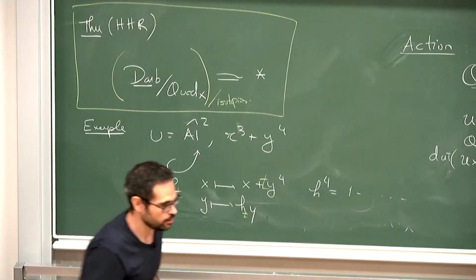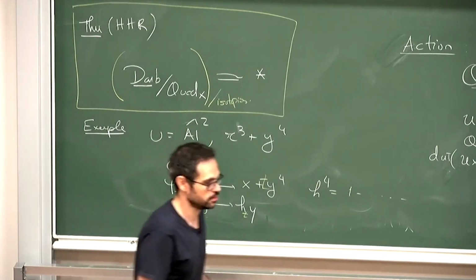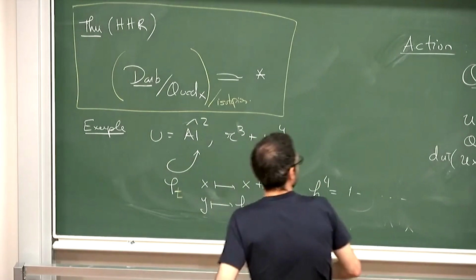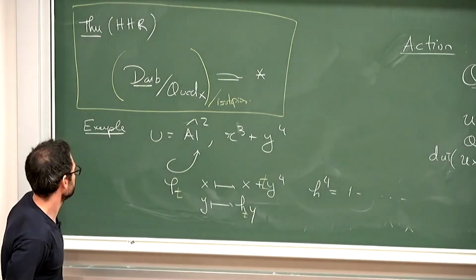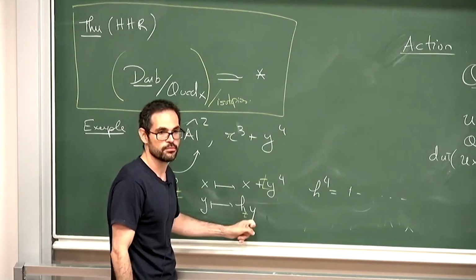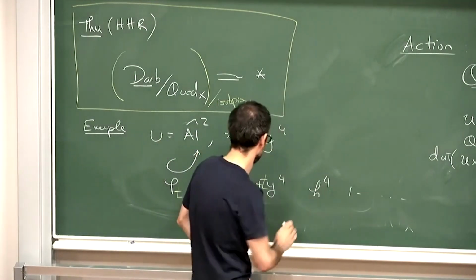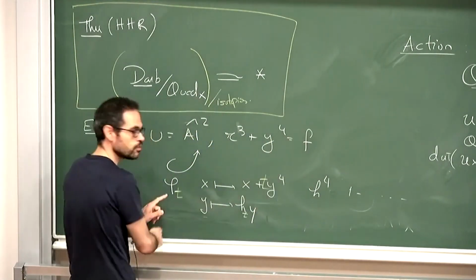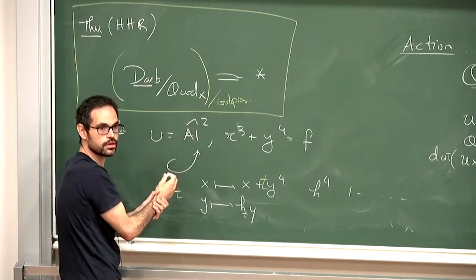So maybe to finish, let me just write where these orientation classes come from, the 3 of them. So Before you get into the example, what was you're changing x goes to x plus y to the 4th. yes, and then y goes to h times y, where h is a function that depends on x. So it is. So what was the original function? The original one? So this is the function, and this is the automorphism. Oh, that's an automorphism of that. Yeah. So the problem is with the automorphisms. Oh, okay. Okay.